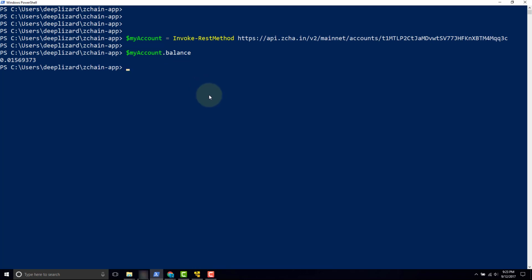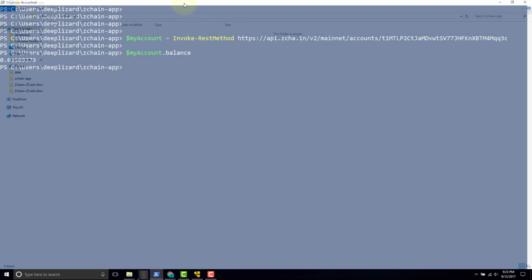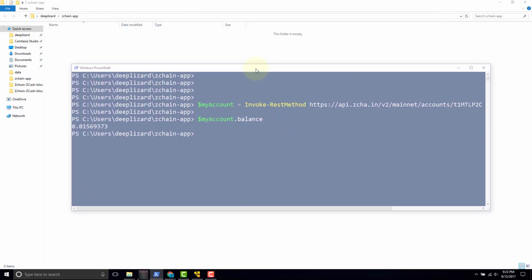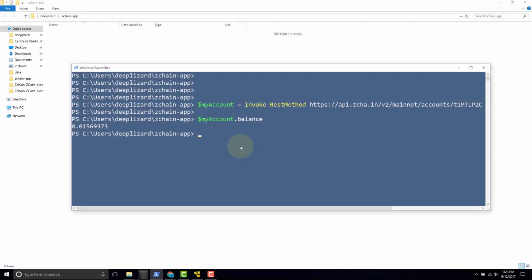So to start out, I've made a Zchain-app folder where I'm going to place this file that we create, which we're going to run when we want to run our app. Let's take a look. We're going to make the file at the command line in PowerShell, and then we'll see it pop up in the UI up here whenever it's done. In order to make a file in PowerShell, you just type new-item, and then you give the file name. So we're going to call this